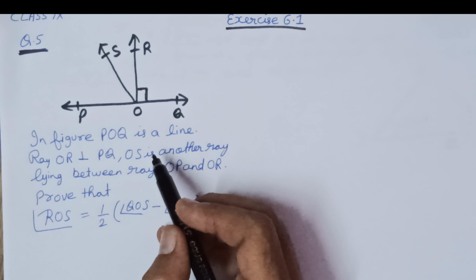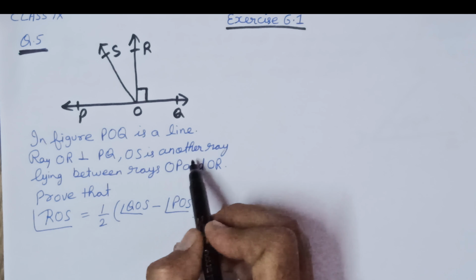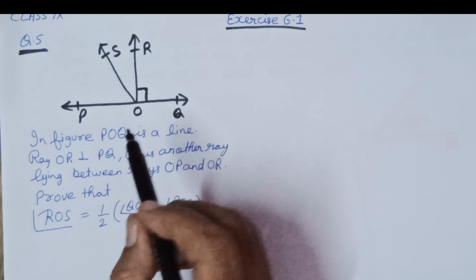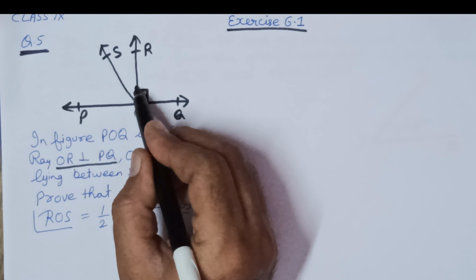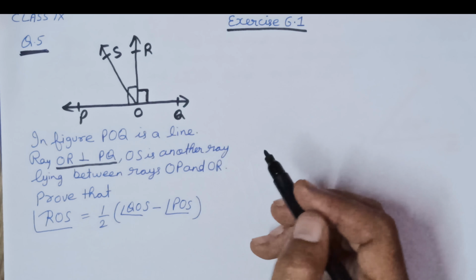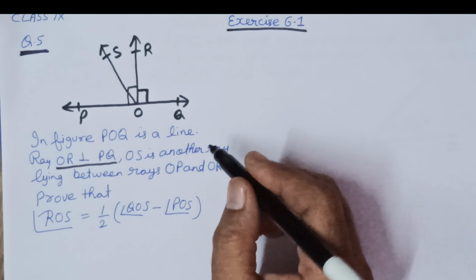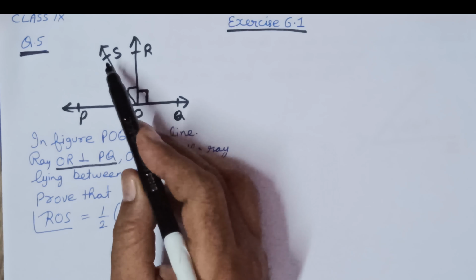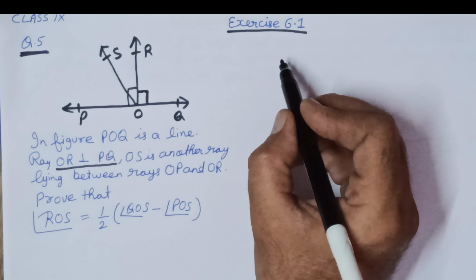PQ. Means this is 90 degree. Sorry, if I am dictating OR perpendicular to PQ means this is 90 degree as well, this is 90 degree. You can directly take, because perpendicular means perpendicular on both sides. So OS is another ray. OS is another ray. So you will write, since